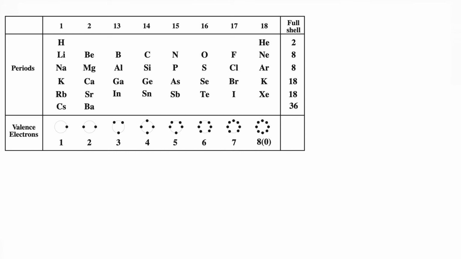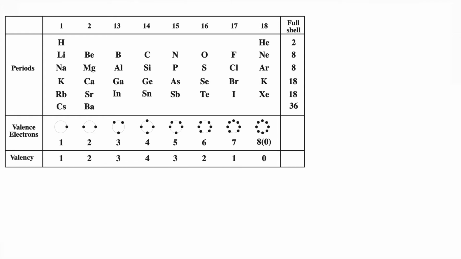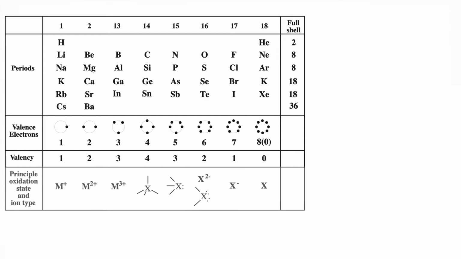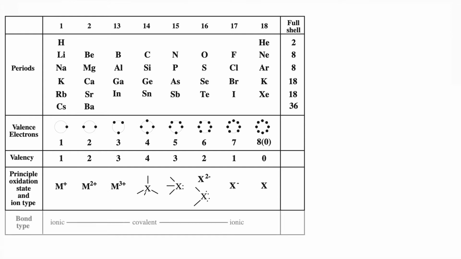We can look at the number of valence electrons. These go 1, 2, 3, 4, 5, 6, 7, 8, and the group 18 elements are regarded as having a full shell of electrons. We have the valency. Valency goes 1, 2, 3, 4, 3, 2, 1. So the group 1 elements form +1 ions, group 2 elements +2, 13 elements +3, and at the other end, group 18 elements tend to be rather unreactive. Group 17 elements form the -1 ion, group 16 elements -2 ion, and in the middle, carbon, nitrogen, they tend